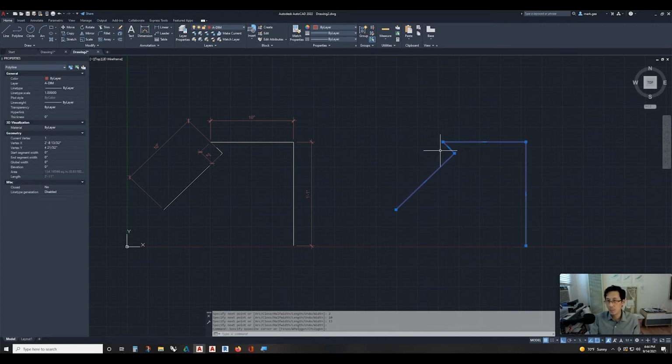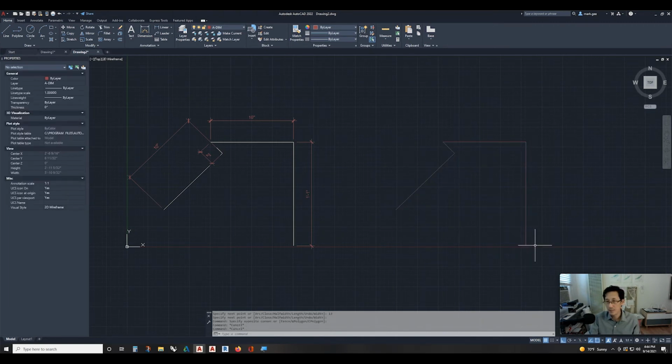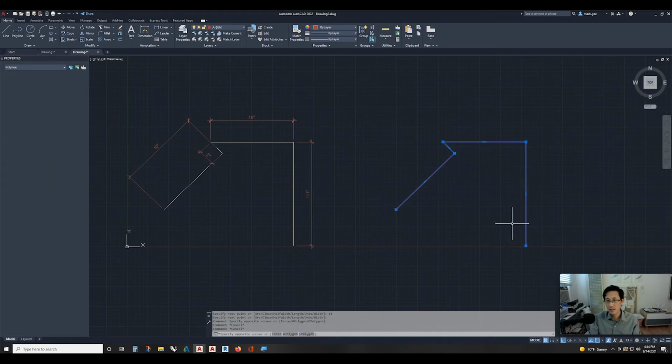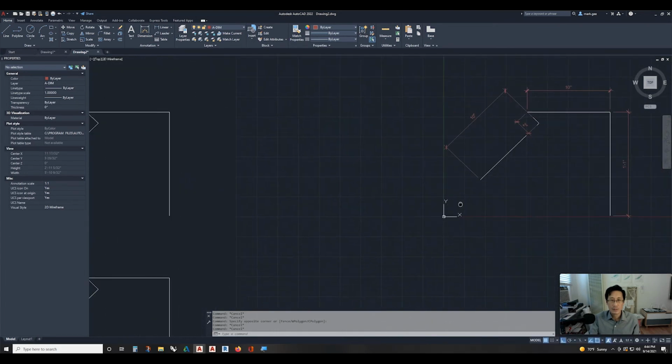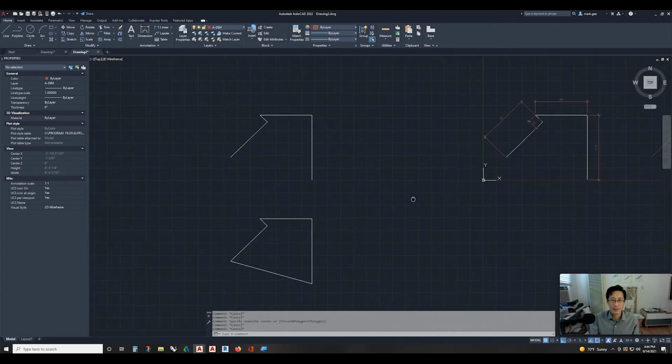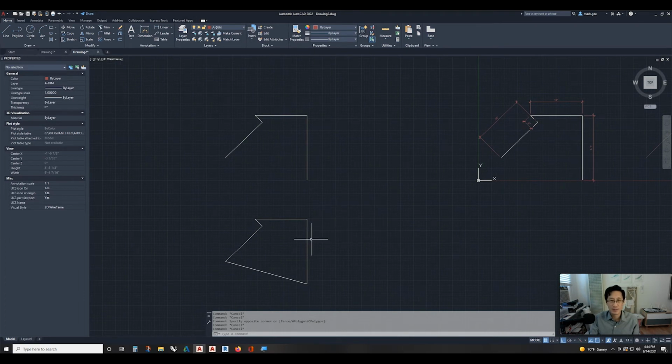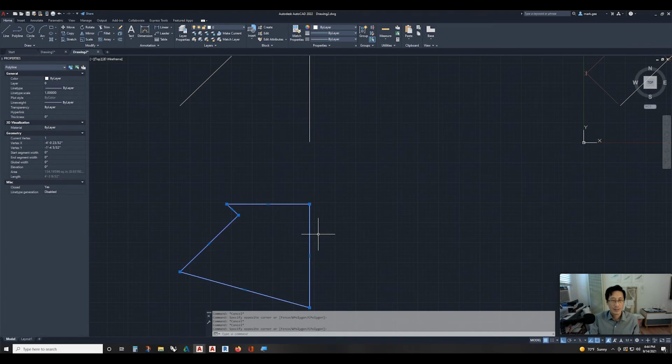This is an open polyline, meaning the two endpoints are not connected. It is unenclosed. So an open polyline can be made with this command, but also a closed polyline, as we see in this example. And to do that,